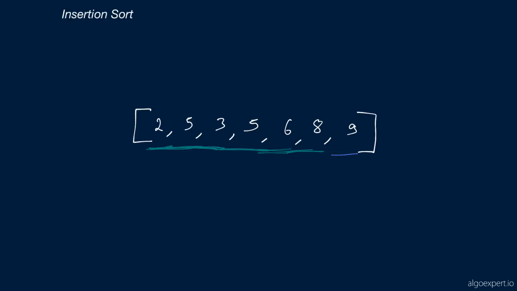Compare this 5 to 3. They're not in the correct order, so swap them. And lastly, we've got 2 and 3. They are in the correct order, so we're done. And now we have really sorted the entire sublist, or the entire list, and all the numbers are in sorted